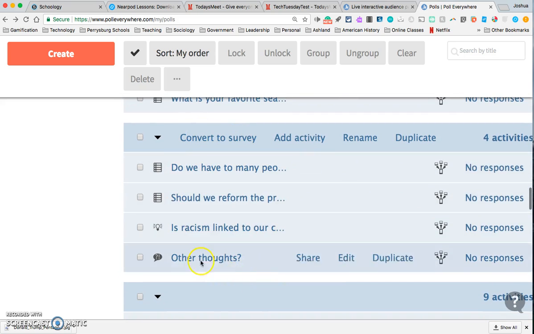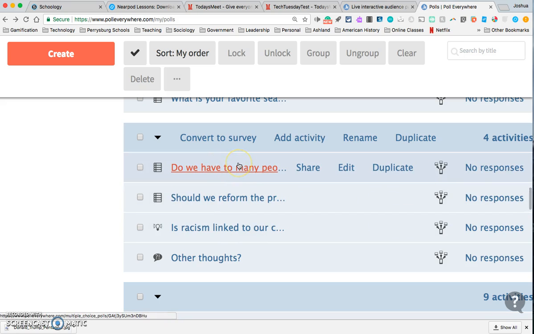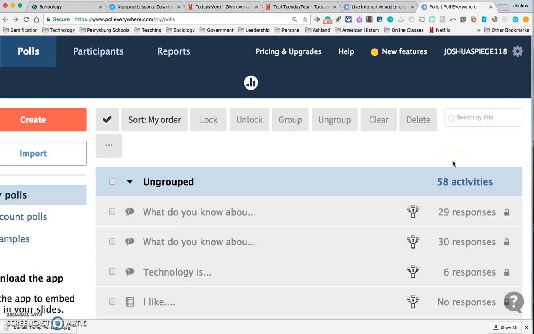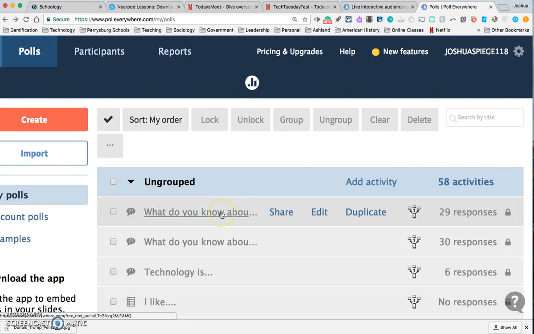So this is kind of a conversation that I wanted to use in a particular order. And you can ungroup them. You can clear them, which is what you're going to have to do. There is a limit when it's free like this on how many respondents you have, and then you can simply delete a question if you'd like. And so I'll show you kind of what this looks like